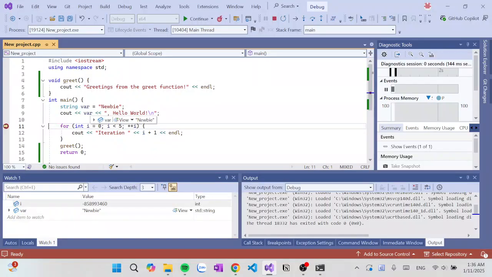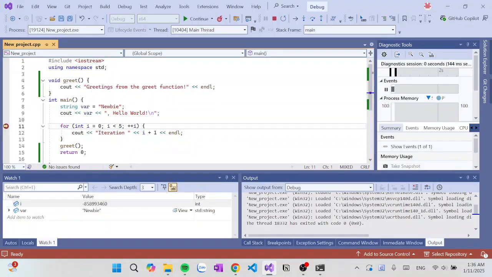You guys can hover over it, and here you see the var variable, newbie string, or I hover at the I variable, because this line is not executed, so it just received a random value.